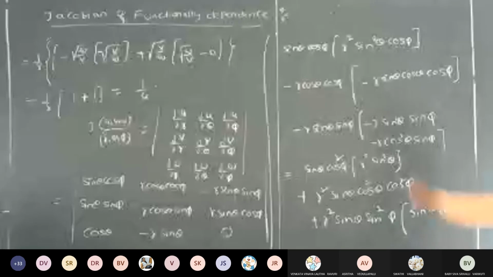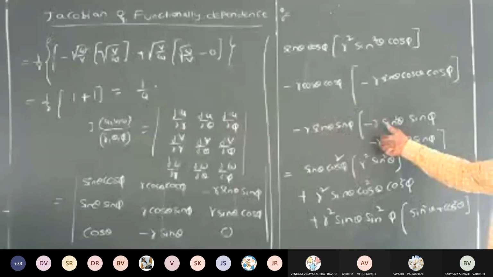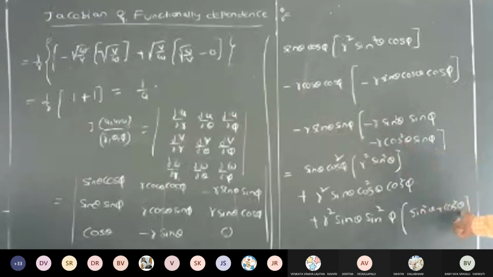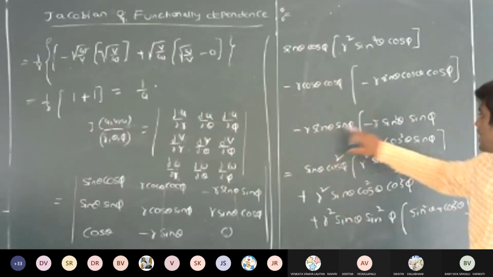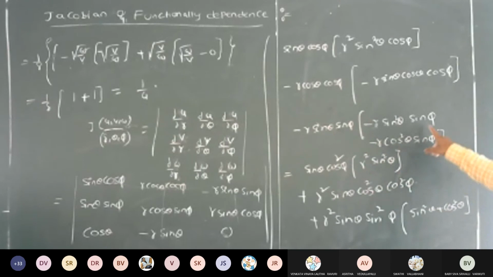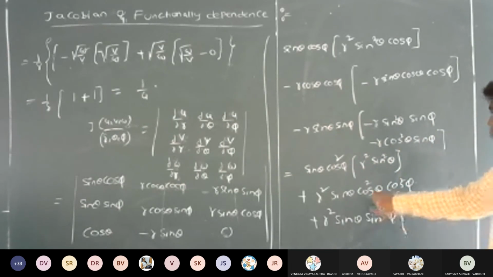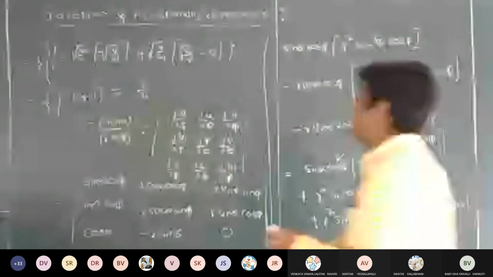So here I am taking r sin phi, so that here only the remaining term is sin square theta plus cos square theta. I am taking minus r, so that minus into minus is plus, r into r is r square sin theta, right? So sin theta into sin phi into sin phi, that is sin square phi. Is it clear? So clearly this value is nothing but 1. You can simplify very carefully.